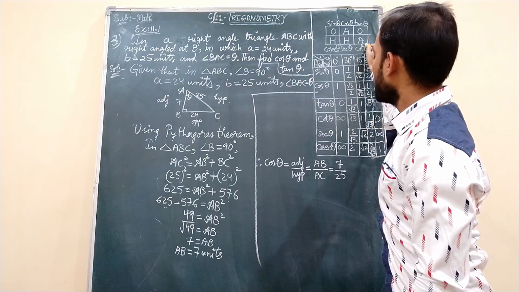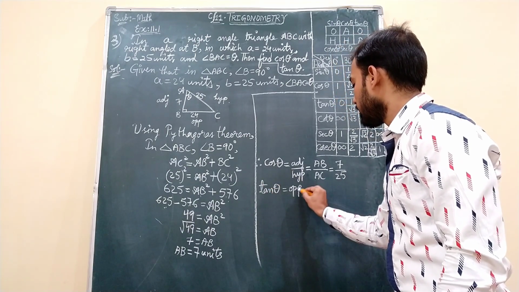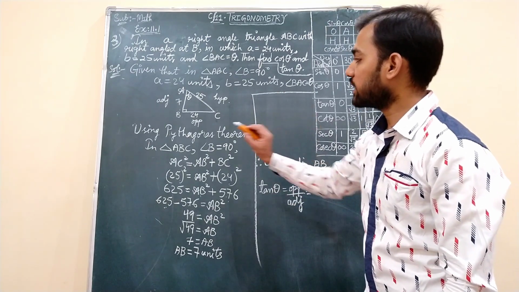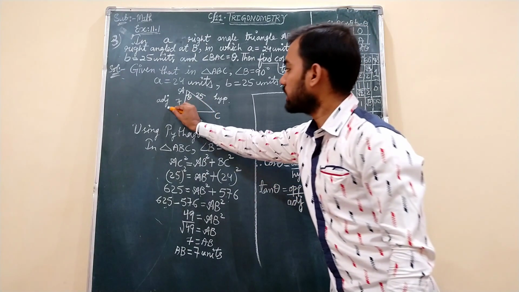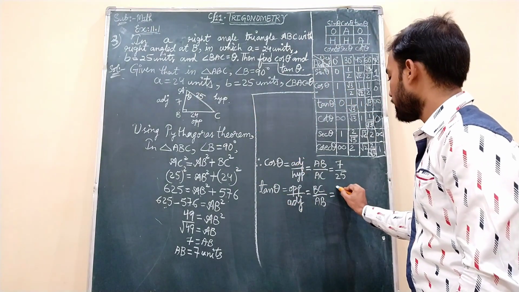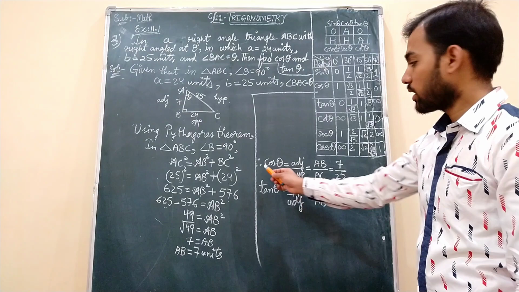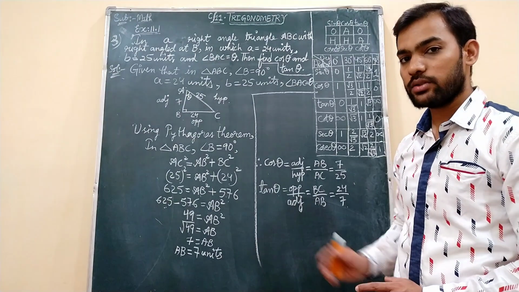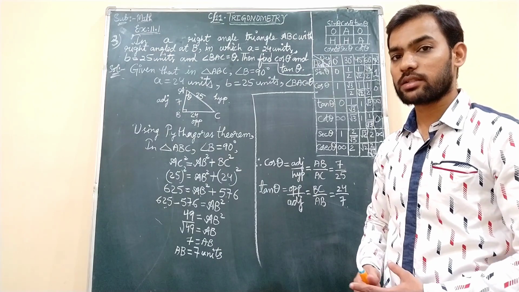Now it is the turn to find tan theta. Tan theta is opposite by adjacent. Tan theta equals opposite upon adjacent. Now see the triangle, which is the opposite side? BC is the opposite side and the adjacent side is AB. But already we know BC is 24 units and AB we just now calculated as 7 units. So we got both the values. Cos theta is 7 by 25 and tan theta is 24 by 7. It just asks you to find the values of these two trigonometric ratios that we have calculated. Okay students, note down, then we will do our next question number 5.